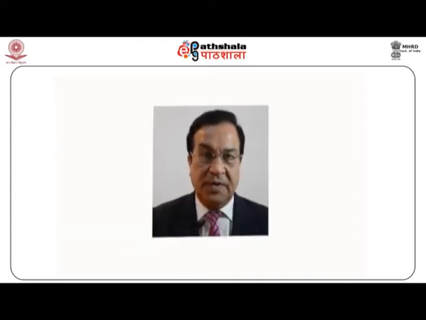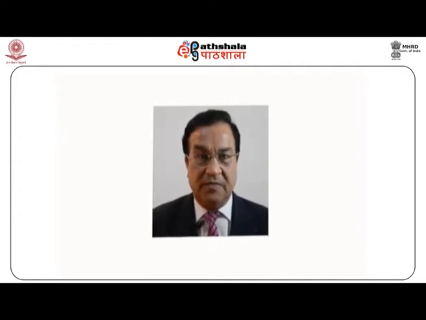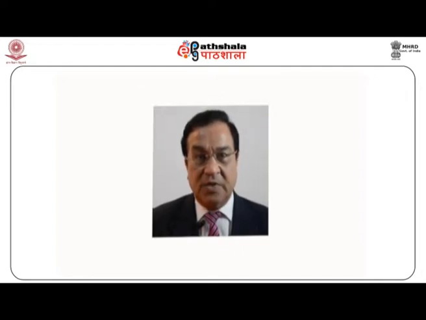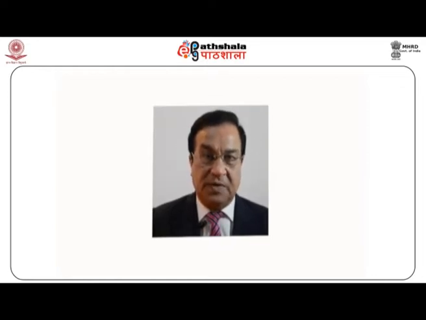Hydrogen atom could be solved because there was no inter-electronic repulsion term there. There was only one electron in hydrogen atom. But in helium atom, there is one inter-electronic repulsion term. And as we move to the next, say, lithium atom, there will be more inter-electronic repulsion terms. So, as the complexity of the chemical system increases, the solution of the Schrodinger equation becomes very, very difficult. And because of these inter-electronic repulsion terms, impossible.